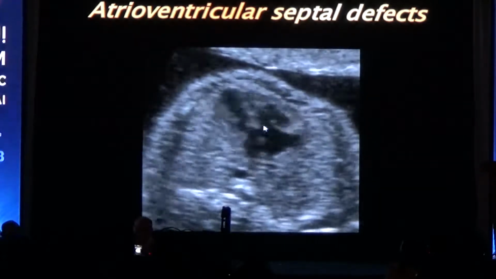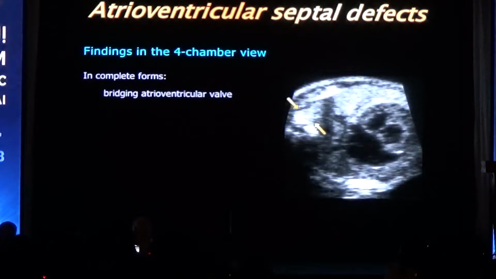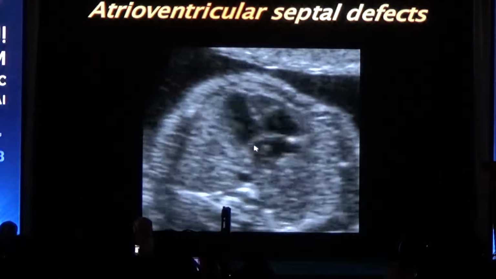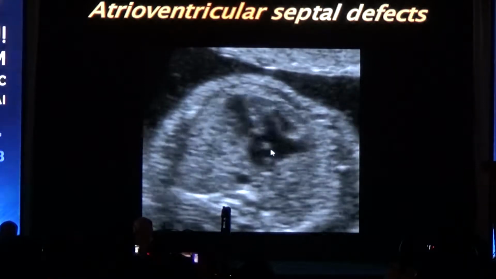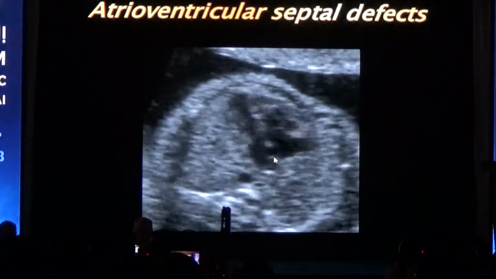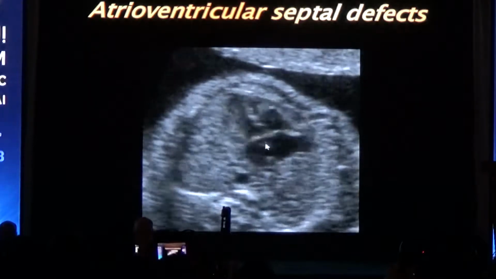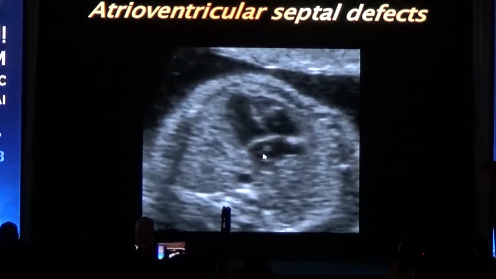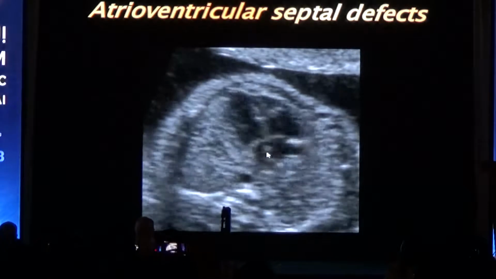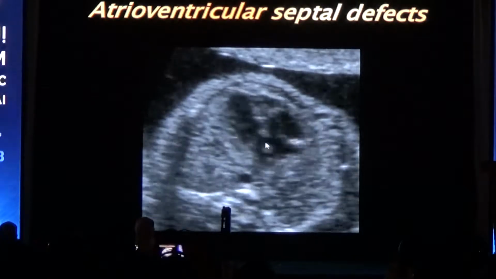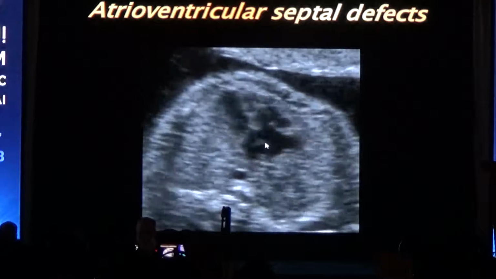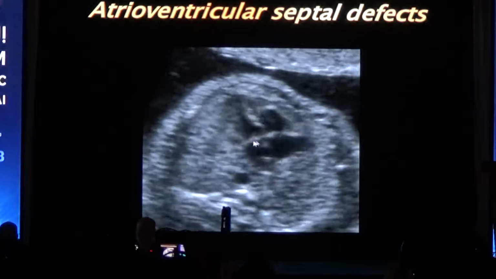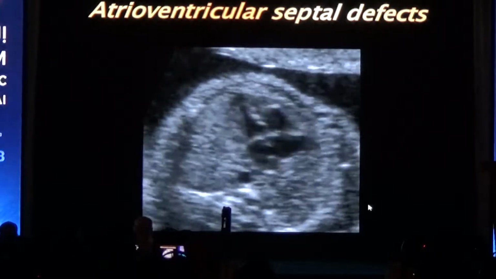In the baby here, so I think I'm missing something here. Okay, here we have the big AV valve. You can see that the ostium secundum is present. The ostium primum is missing. We have a defect below the foramen ovale to the crux of the heart. We still see the foramen ovale flap. So we have ostium primum defect, which is the one associated with the atrial ventricular defect. We have a ventricular defect on the other side, and we have the large bridging AV valve over the two